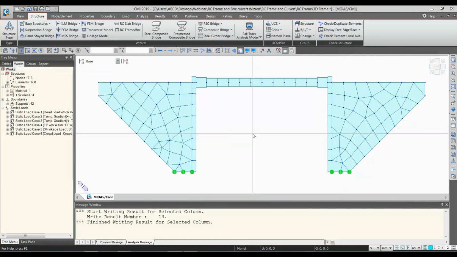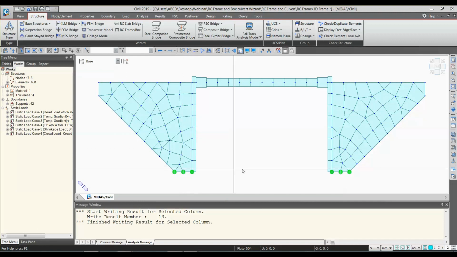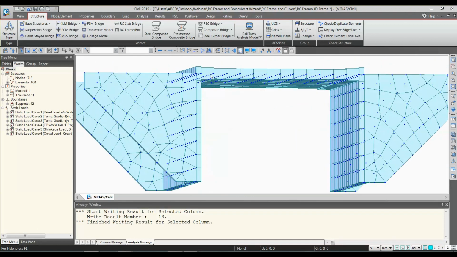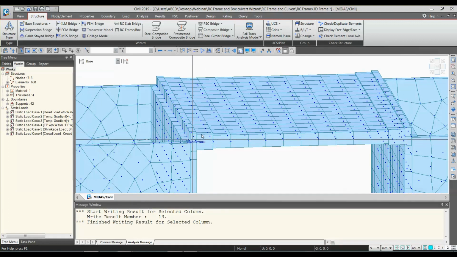Okay, as we are dealing with the box RC frame and not box culvert, so the bottom slab is not present. Okay, now here you can see, as per the haunch and everything, the shear areas, so areas would be increased at this location.